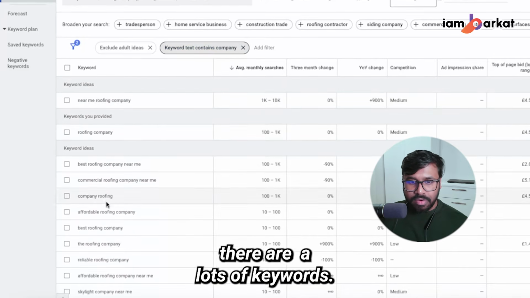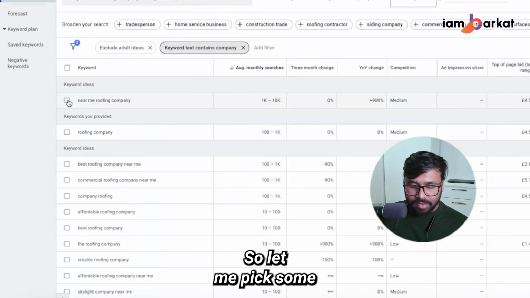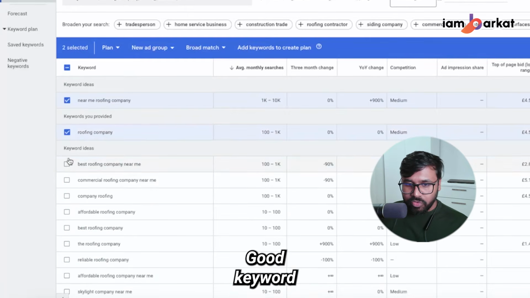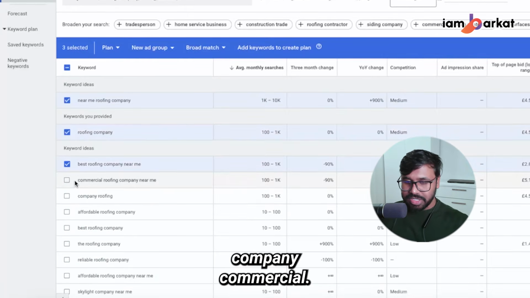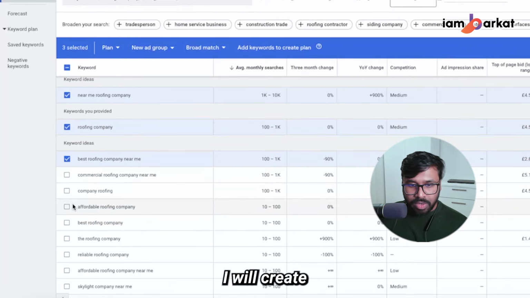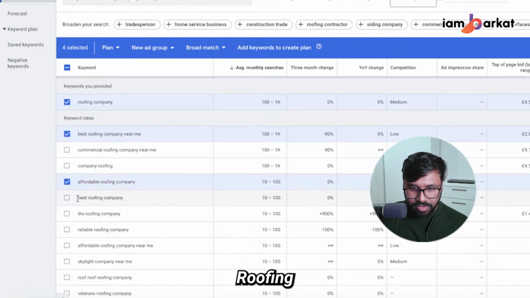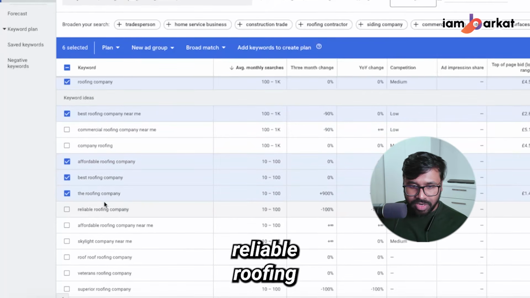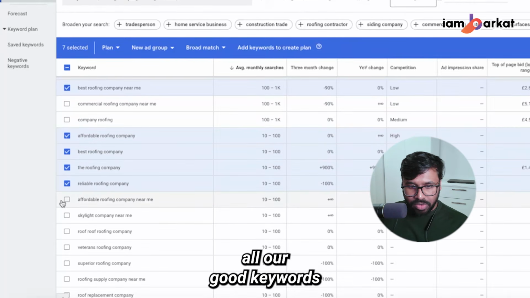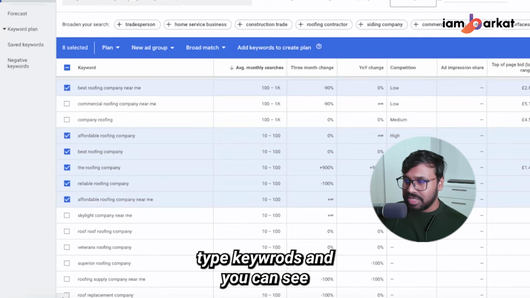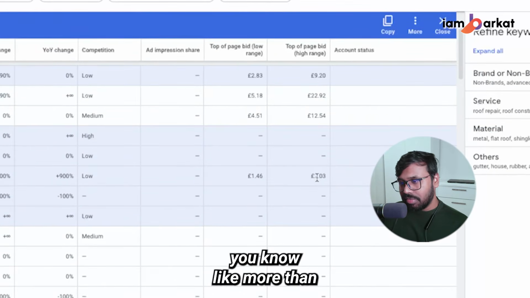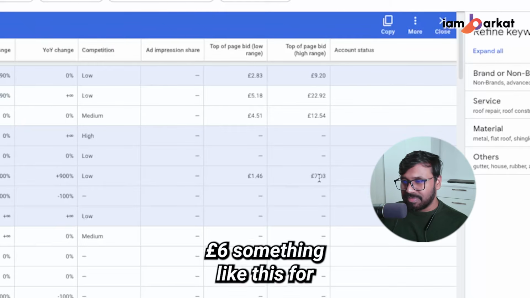So yeah, you can see there are lots of keywords. Let me pick some. Nearby roofing company, good keyword. Roofing company, best roofing company. Commercial, as I described, I will create one more campaign if my client is providing commercial. Affordable roofing company, best roofing company, the roofing company, reliable roofing company, all are good, hyper targeted keywords. And you can see I don't need to pay more than $7, maybe £6, something like this for